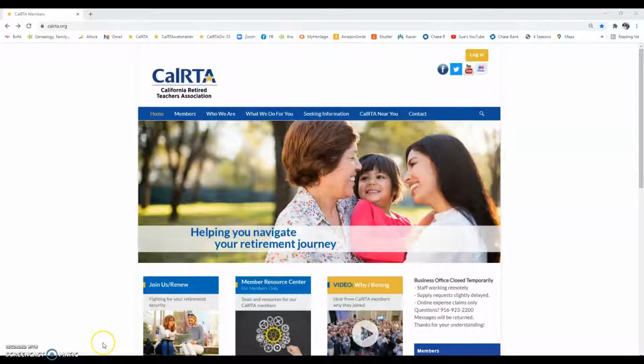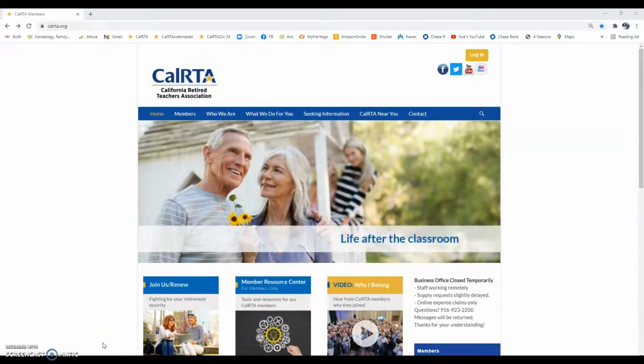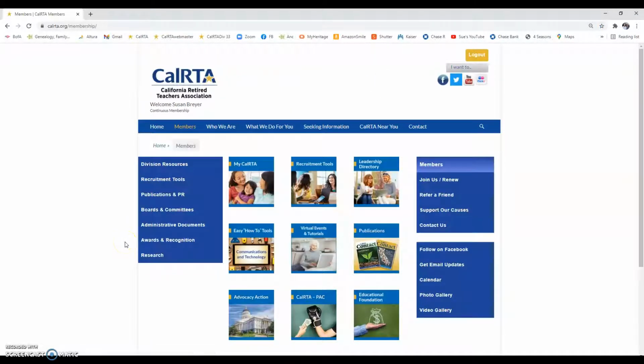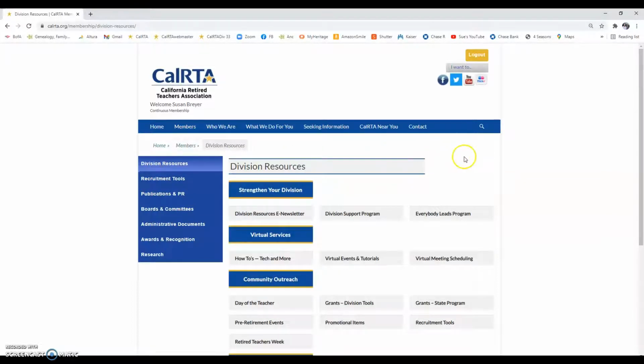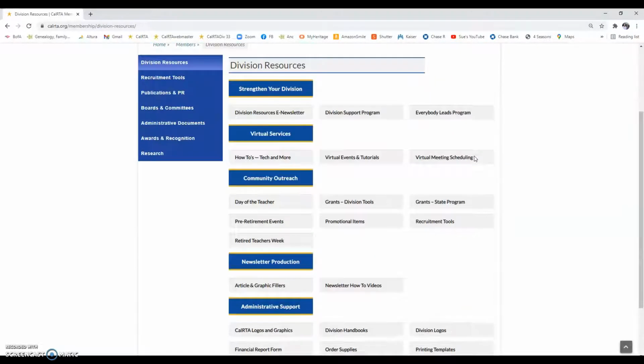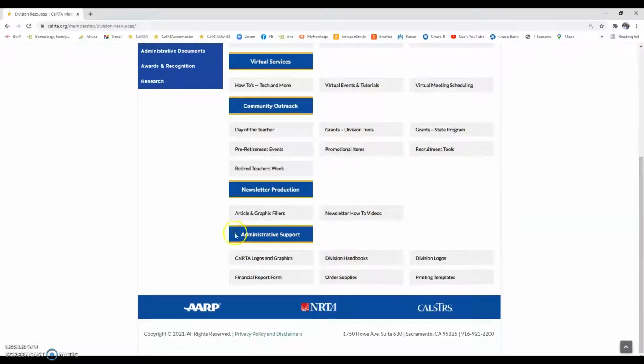So hang on. So here I am on the CalRTA website, and the first thing I need to do is to log in to the website. Once I log in and I'm on my members page, I'm going to go to Division Resources on the left-hand menu. Once on Division Resources, I'm going to scroll down until I get to Administrative Support. And down here it says CalRTA Logos and Graphics. When I click on that,